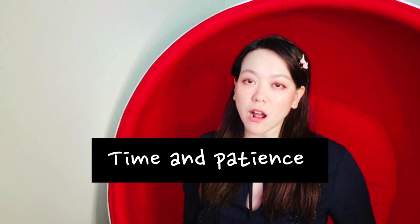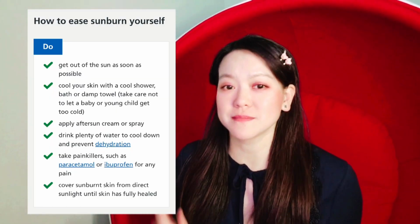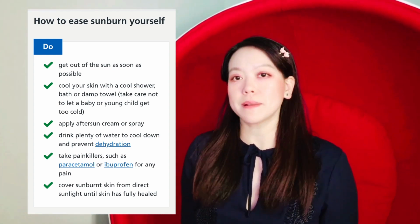There's no miracle cure for sunburn. It's all about time and patience. However, there are a few things that you can do to soothe your skin. The first tip may seem so obvious, it doesn't even need to be said, but get out of the sun as soon as possible. Number 2, cool your skin with a cool shower or bath, or apply a cool damp